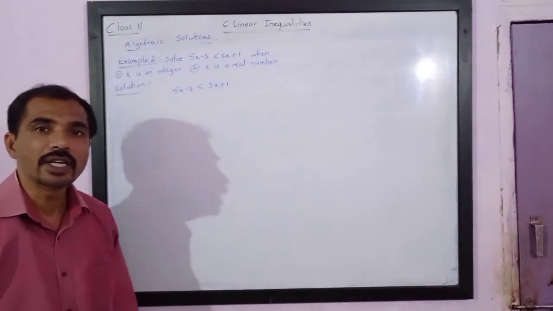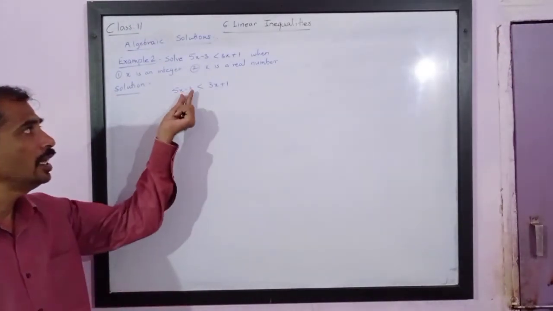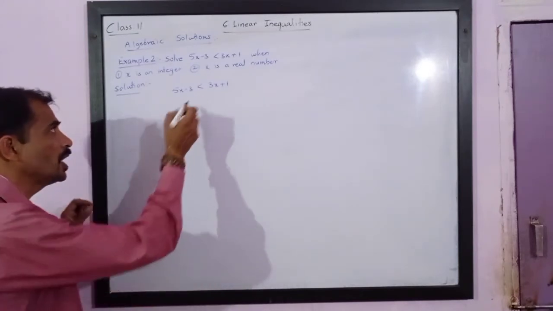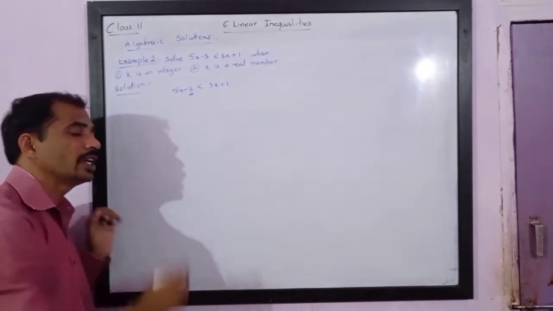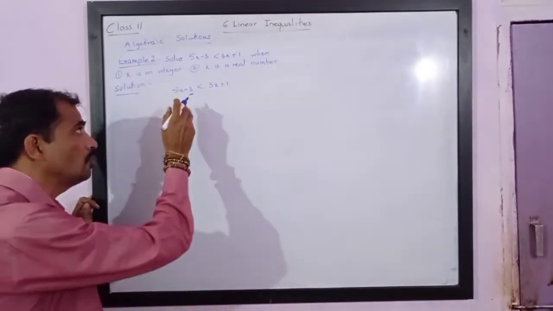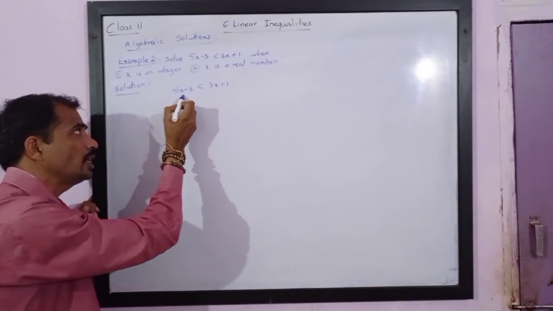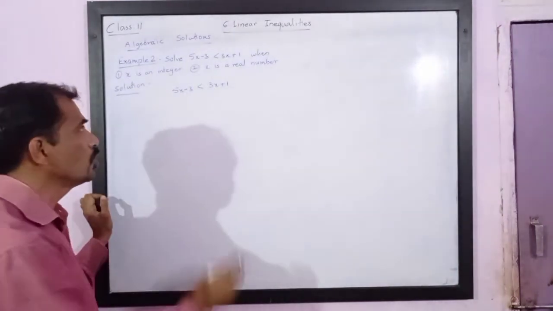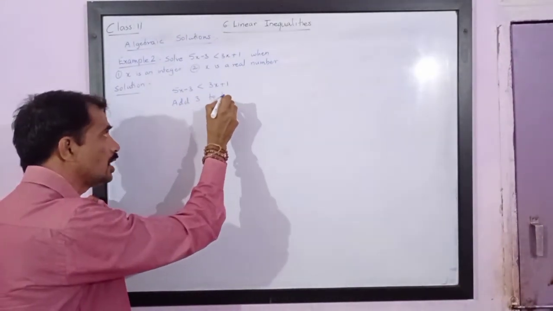Now we have already studied that if we add or subtract any integer, the inequality remains the same, the sign does not change. So adding positive 3, try to understand, I want to reduce this term. We have already studied these types of equations. Now we are studying inequalities. So in order to find the value of x, we eliminate all the other terms. So here, adding 3 to both sides. Add 3 to both sides.